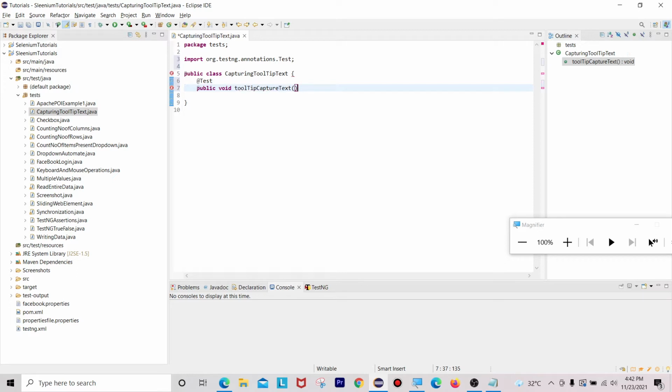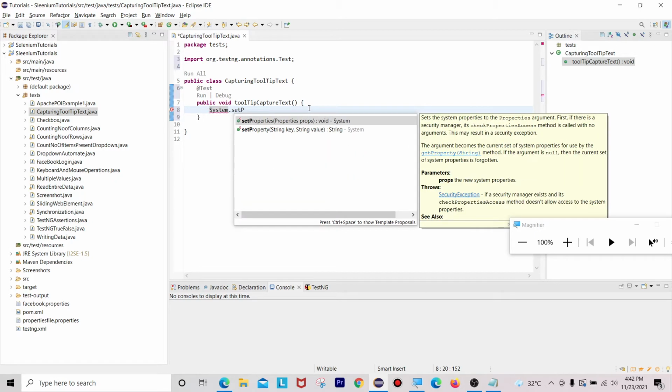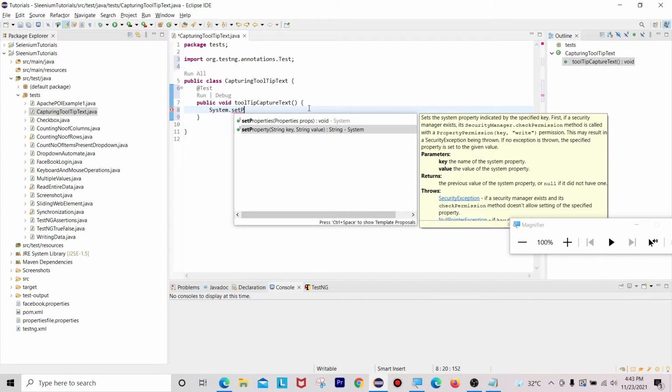Once we create a method here, before launching our browser we have to initialize one driver. In my case I am using the Edge driver. In your case, you can use whichever browser you want to launch, whatever driver it may be. So now I am using System.setProperty of string key and value.